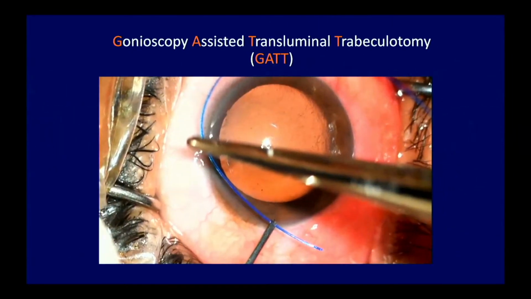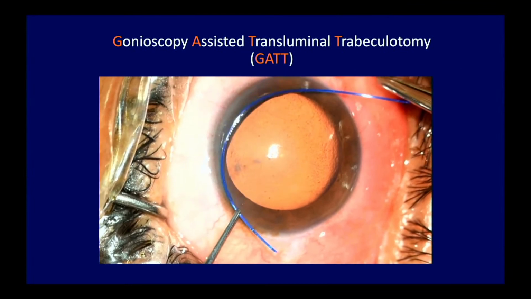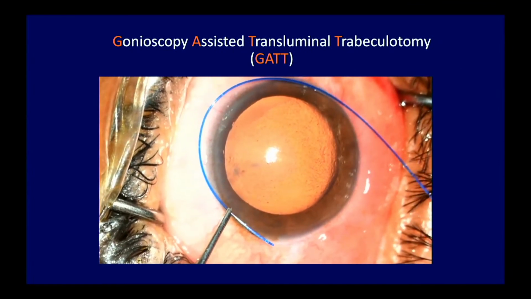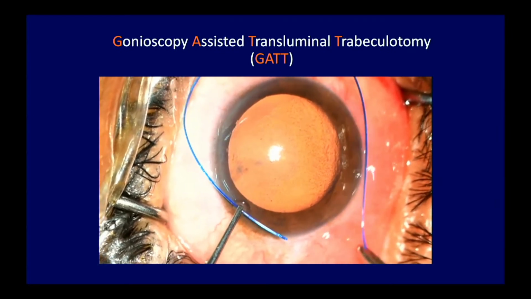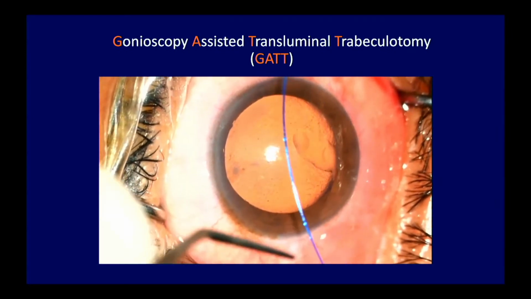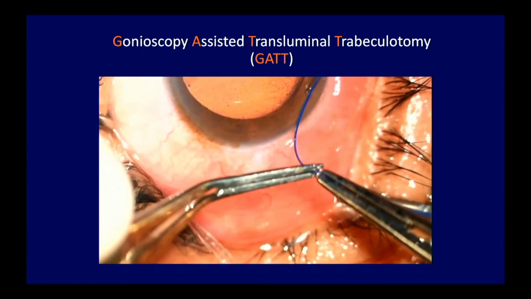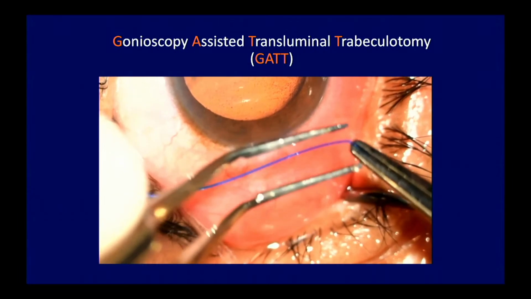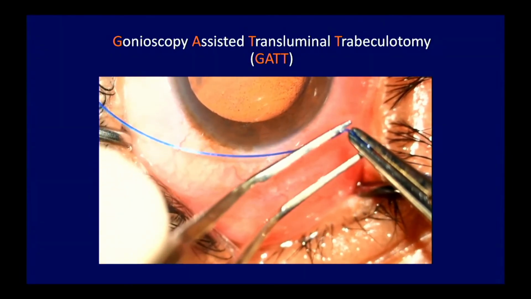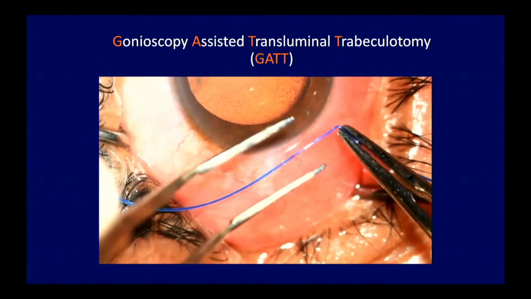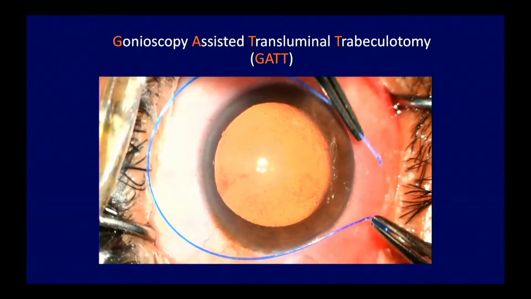But the other thing which we routinely do is called the gonioscopy-assisted transluminal trabeculotomy. We learned this from Davinder Grover, who is in Texas. Very innovative surgeon. After his MPH, he wanted to do something innovative for glaucoma. Then he said, I should develop something which can be done in any part of the world, even in a developing country setting. And that's how we came up with this Prolene suture, which you can smartly use now,